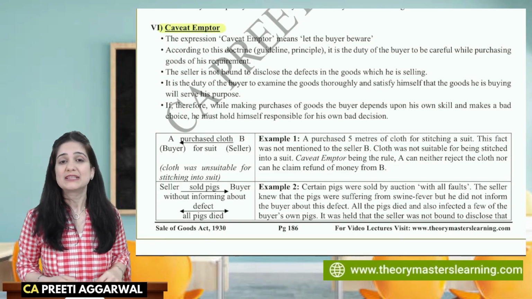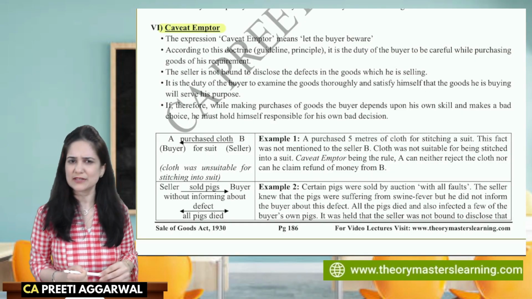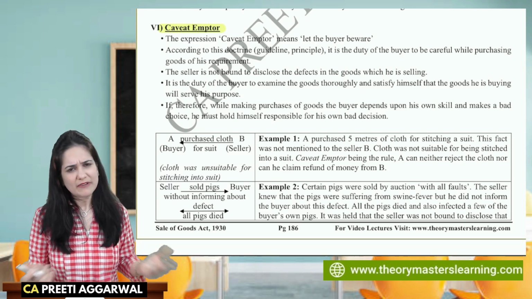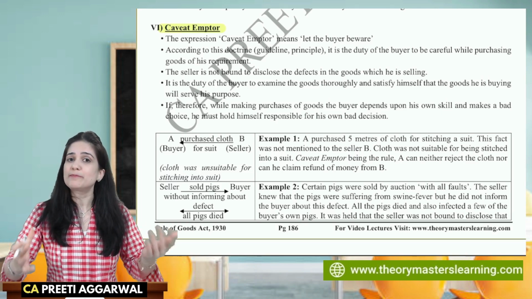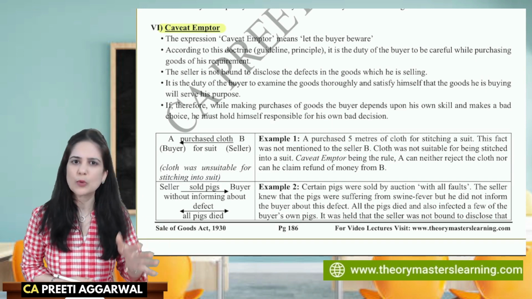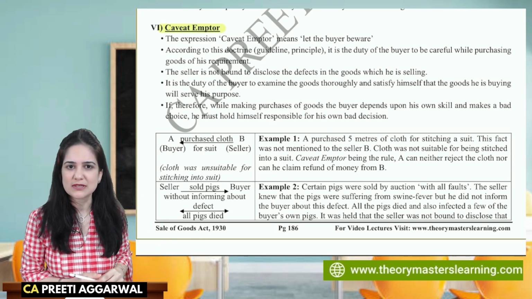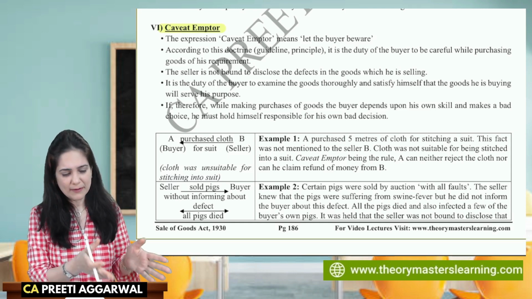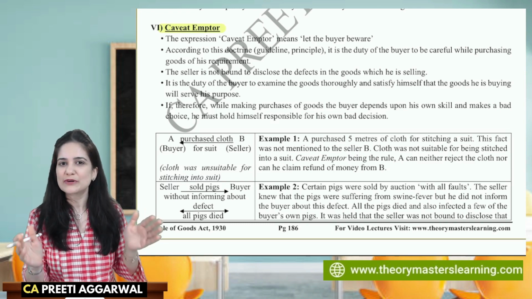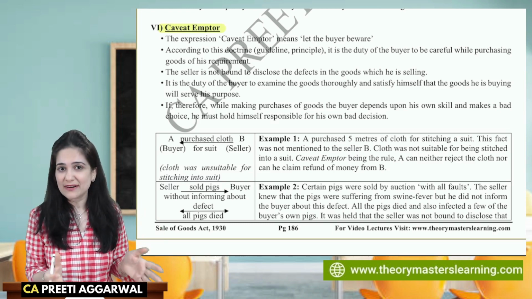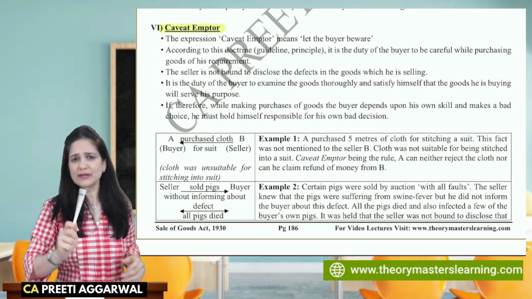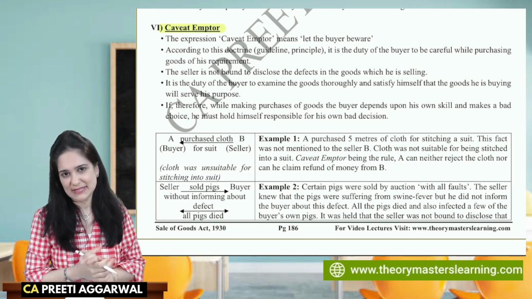So let us discuss the meaning of the term caveat emptor. It's a Latin phrase and it means let the buyer beware. Whenever we go to buy goods, will the seller point out defects in his goods? Will he say, no ma'am, this is a very poor quality, don't buy, it won't work after 3 uses? Will the seller tell you, ma'am, don't buy this cloth, it will shrink? No seller will point out defects in his product. Buyer must check the product before buying. Buyer beware. Buyer cannot blame the seller for his wrong or bad selection.